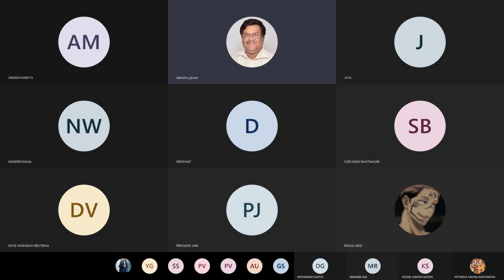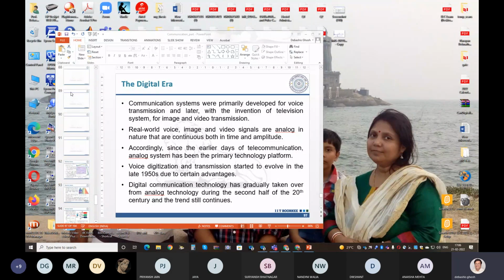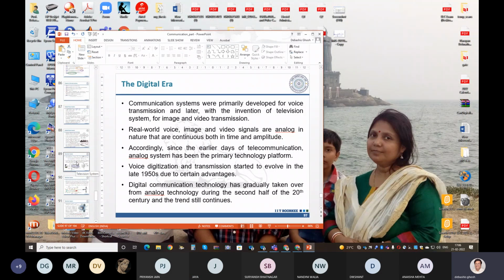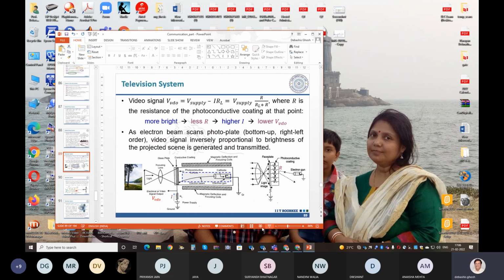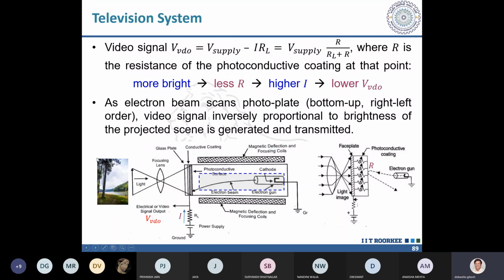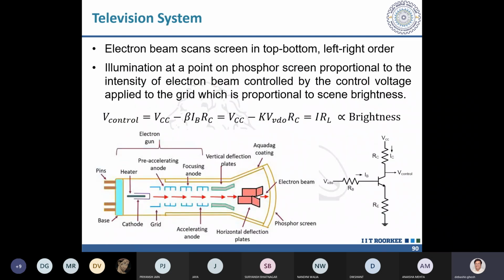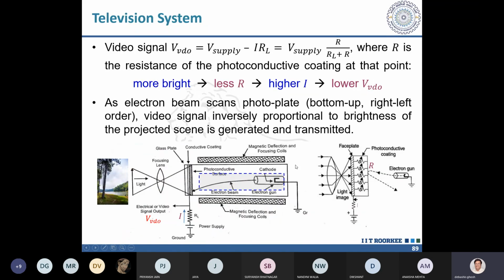Just a minute, I'll be sharing that picture. I think this one. See here. Suppose this is my outside world. When I want to reproduce this picture on the screen, I will be reproducing it exactly in this way. This will be the actual position of the picture on the screen.